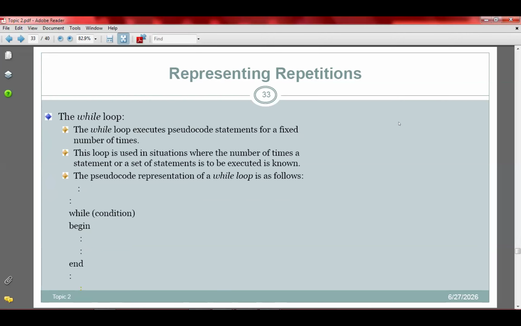Remember I said that for you to repeat something, there should be a condition based on which you are repeating. Then there should be the action you are repeating, and then you should determine the number of times you are repeating. So if you are using the while loop, the keyword is while, and then you bring your condition. And once the condition is true, then whatever comes under the while is executed, and then you determine the number of times it has to repeat.